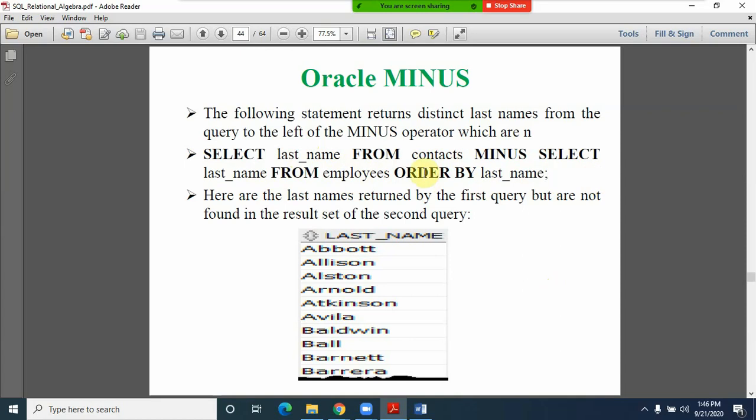In this case, friends, you can expect information exclusively from contacts only. Because we are using the minus operator, and t1 is contacts, the information available in contacts can be expected, but the information of the employees we cannot expect.